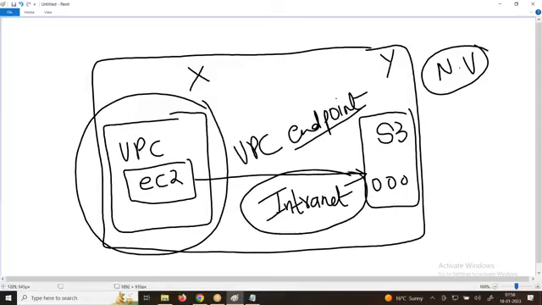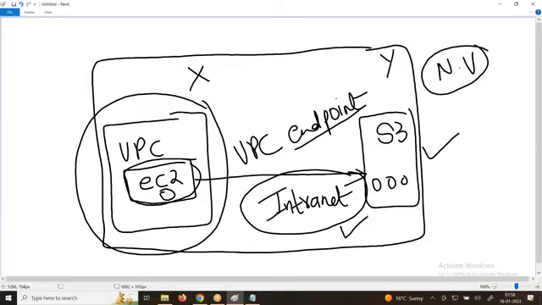Now there may be an interview question, if very senior people are coming into the picture. What is an endpoint? They'll say it's the internet. Then I'll tell you, prove it. The EC2 instance has downloaded the file from S3, yes or no? Using the internet. How do you prove it? I am telling you it downloaded the file with the help of the internet. Prove it.